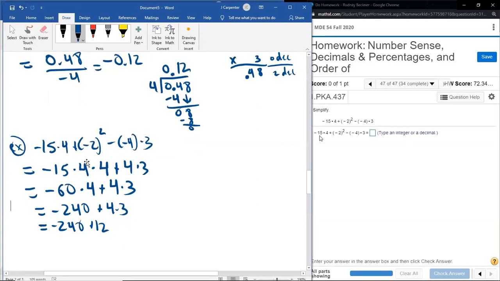And then finally, we have an addition as our final step. Finally. But that counts as subtraction in the process. 240 minus 12 is going to be 228. But the larger number is negative. Remember, when I say larger, I mean in absolute value. Technically, the 12 is bigger than negative 240. But when I'm doing that comparison, I'm only comparing the 12 and the 240. So negative 228.